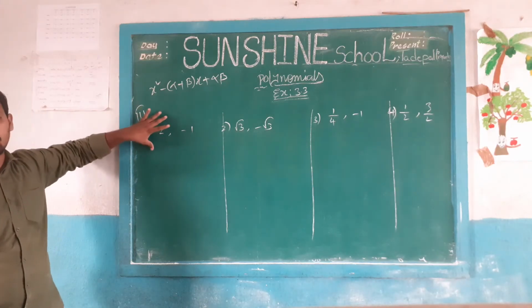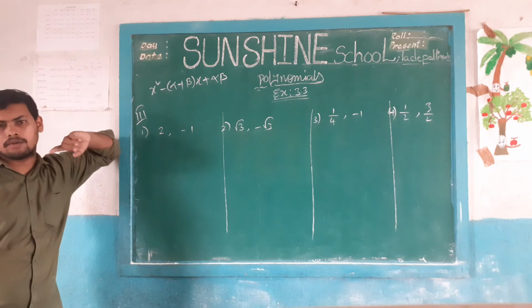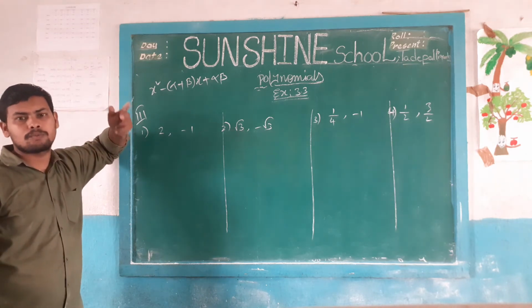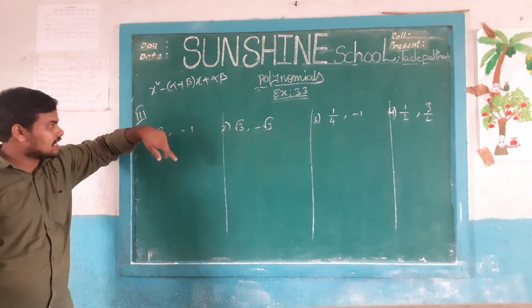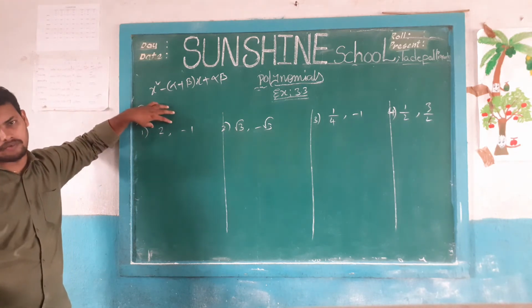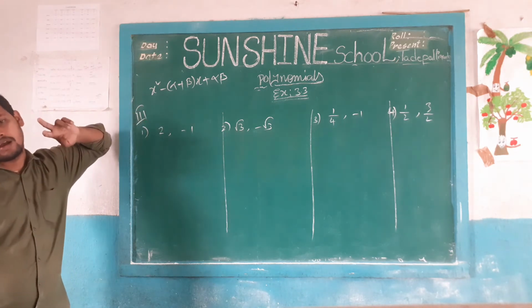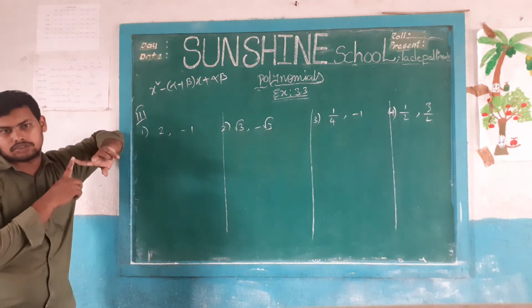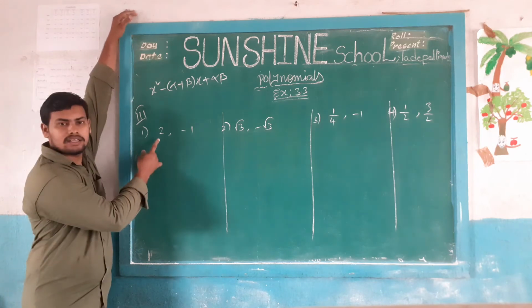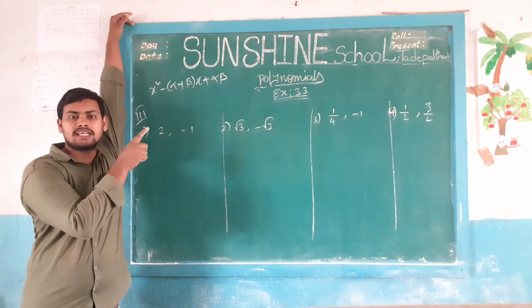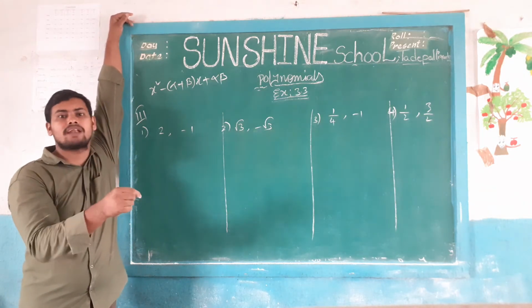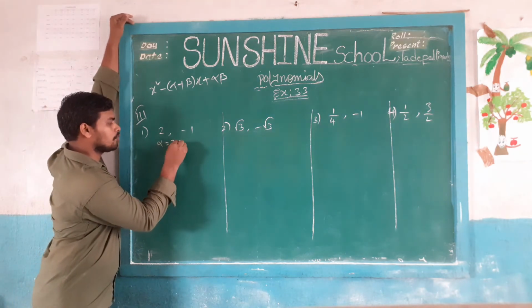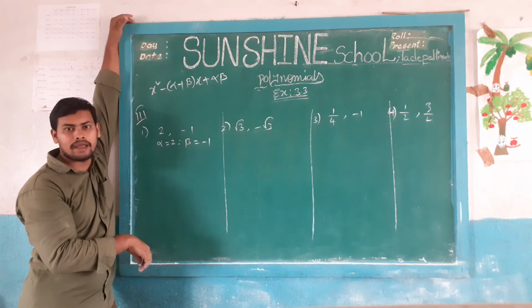Okay. Third one. In the previous section, the sum of zeros and product of zeros are given. In this section, only zeros are given. So you have to clearly understand what is the sum of zeros and what are the individual zeros. In the previous section alpha plus beta is given. In this section alpha and beta values are given. Do you understand? So alpha value is 2 and beta value is minus 1.